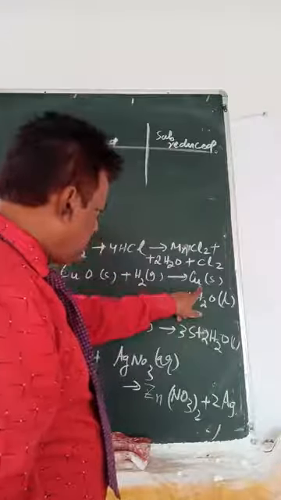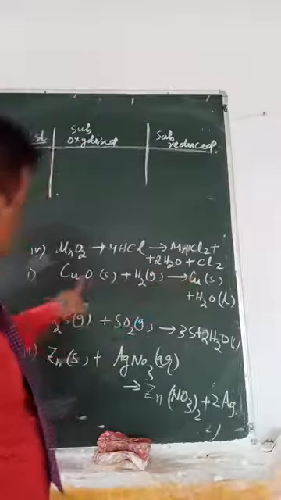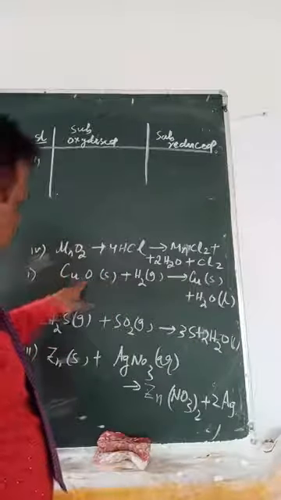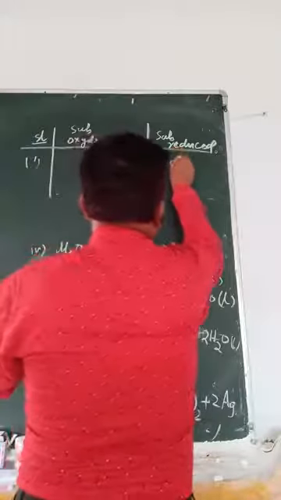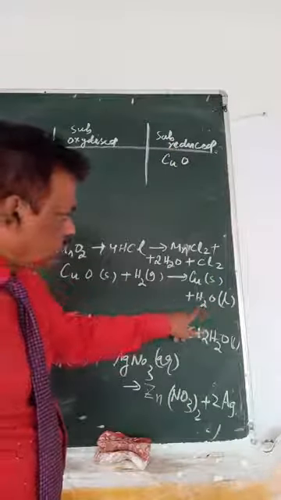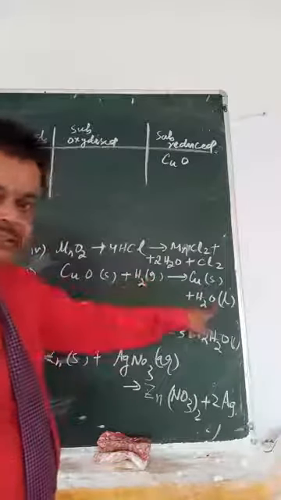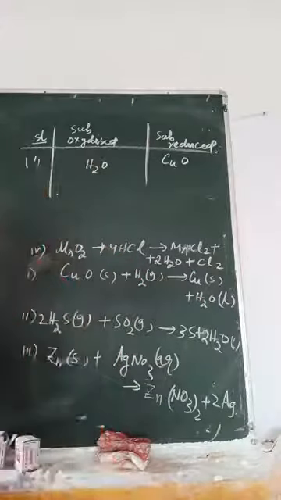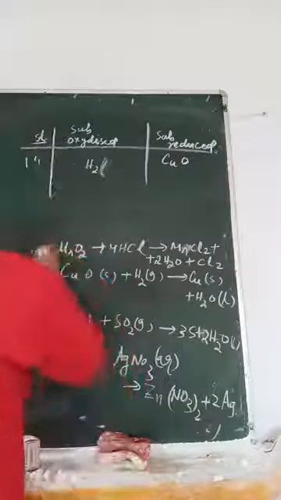Cupric oxide gives you copper. So from copper oxide, oxygen is removed here. So the substance which is reduced is CuO. CuO is reduced to Cu. Okay, hydrogen becomes H2O. The hydrogen is oxidized because oxygen is added here. So this substance, that is H2O, is oxidized. Sorry, H2 is oxidized.